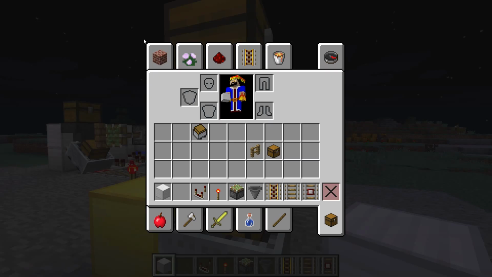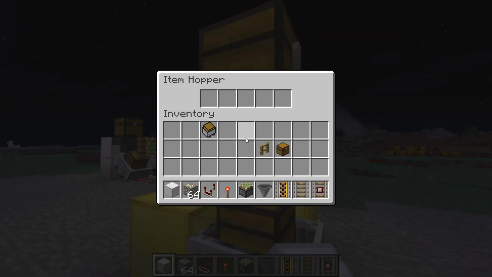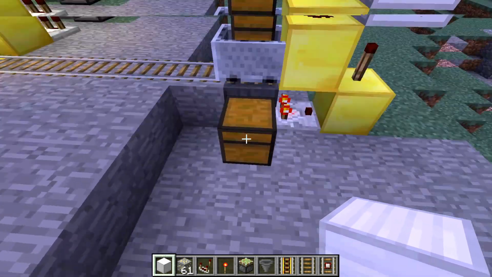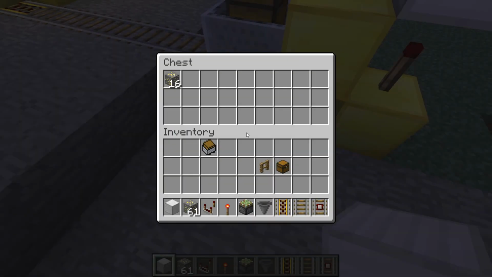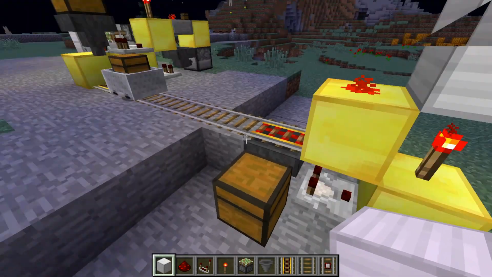We'll get some more items, but then we go ahead and activate this cart, and it's going to be on its way. As you see, it stops over the hopper, and it's going to unload all of the items into this chest down here until the chest is completely empty. And once the chest is completely empty, the minecart chest that is, then it will send it on its way